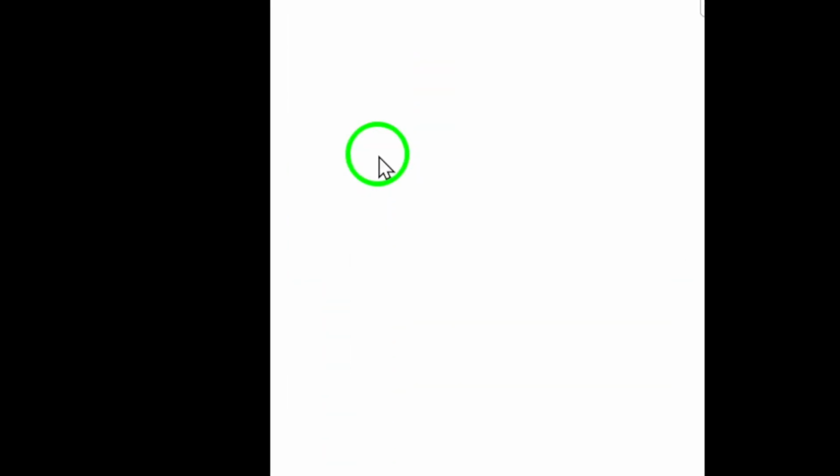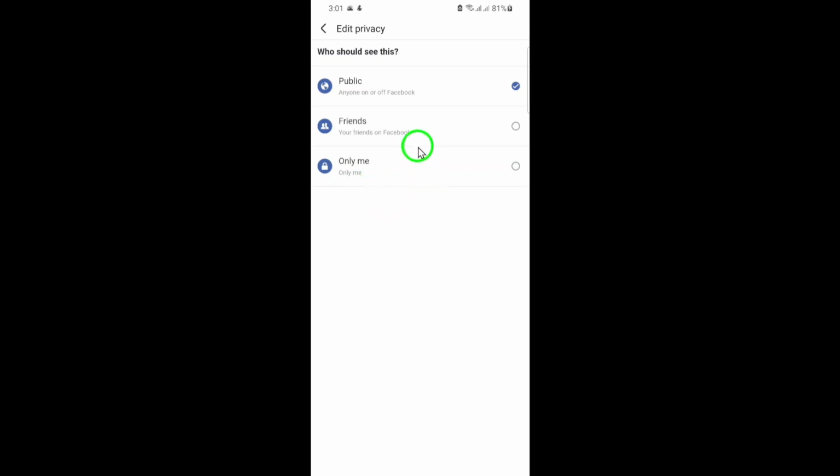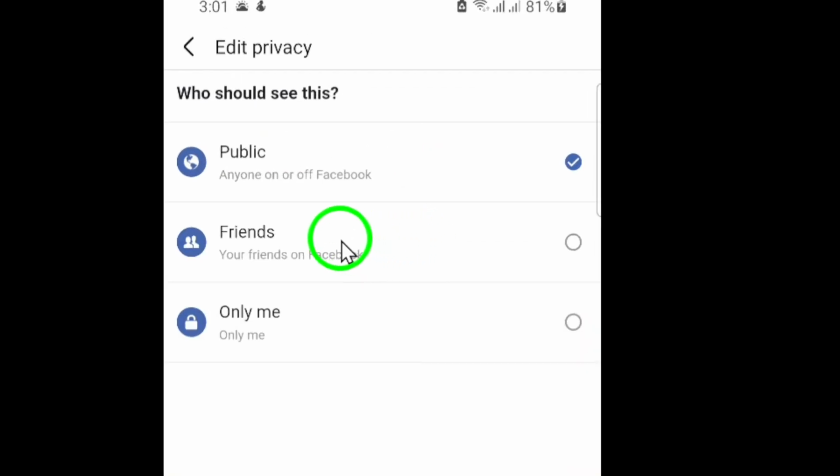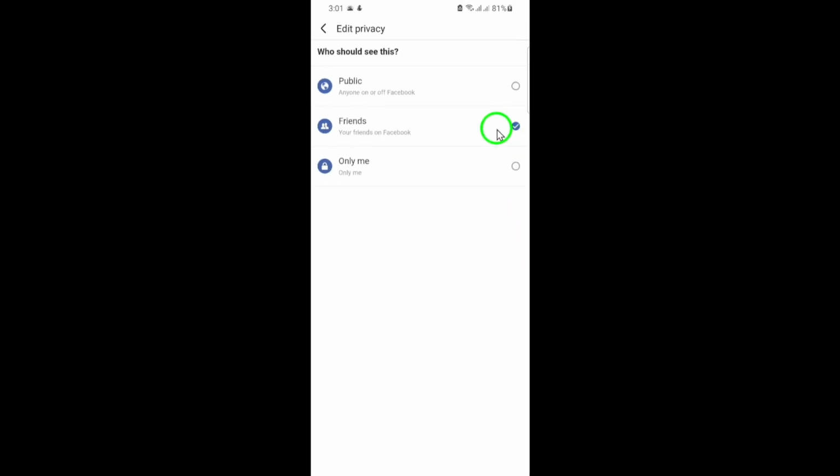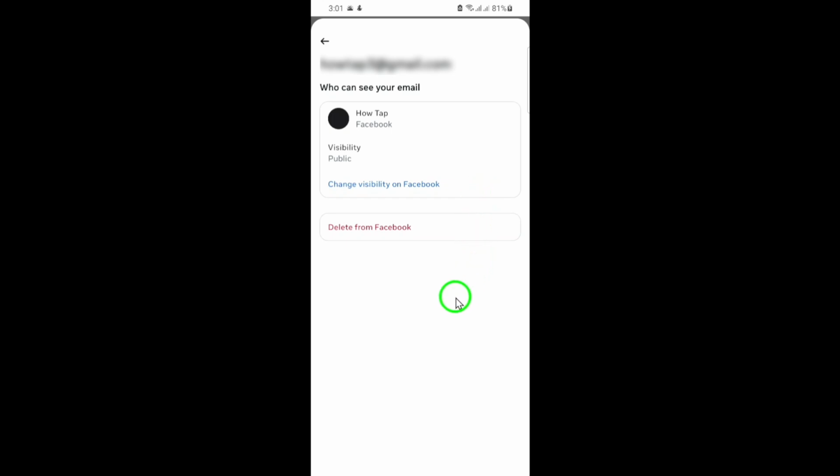You'll be presented with a few options, including Public, Friends, and Only Me. For this tutorial, we want to ensure only your friends can see your email address, so choose Friends. By selecting Friends, you're ensuring that only people you've added as friends on Facebook can view your email address. This is a great way to maintain privacy while still allowing those close to you to contact you via email